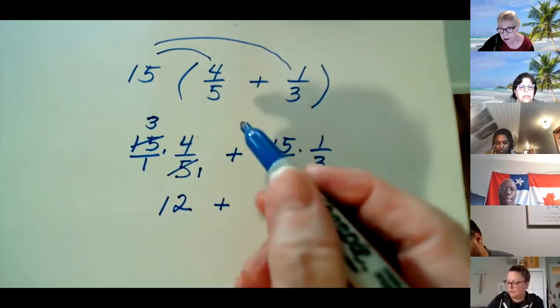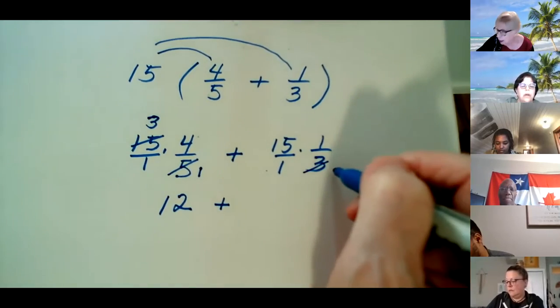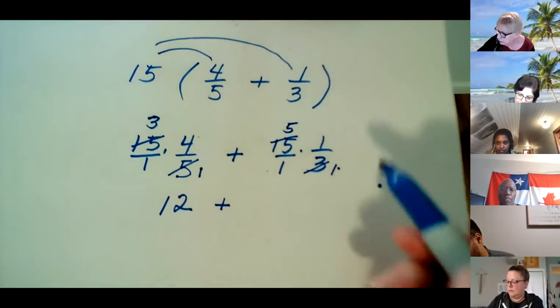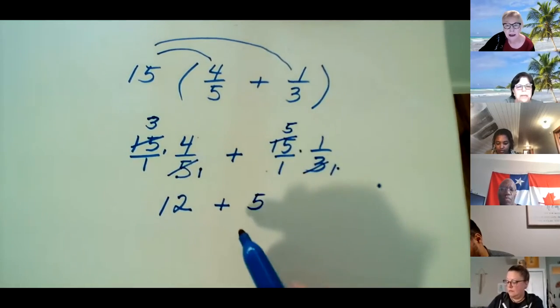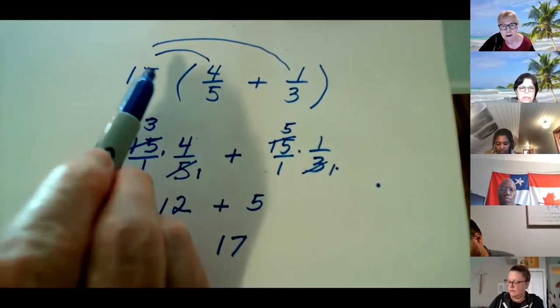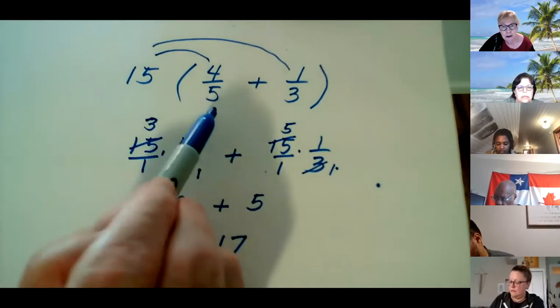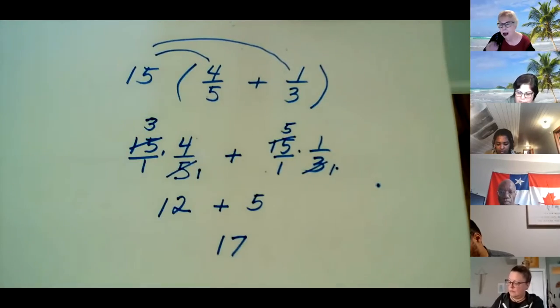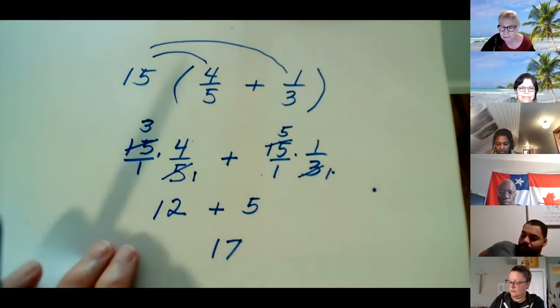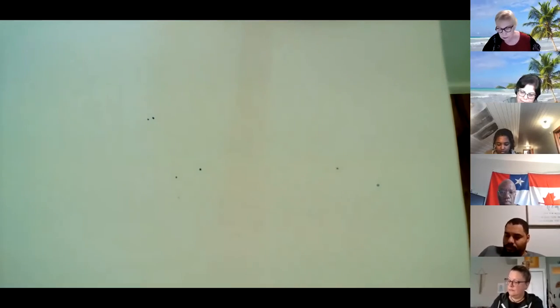That's good. This will cancel as well by 3. Oh, I got it. Okay. 3 into 3, 1, 3 into 15, 5, 5 times 1 is 5. The answer is 17. So you could have done it the other way, but when I noticed that the 5 would cancel with 15 and 5 and 15 with 3, I said, darn, I think I'll use the distributive property. And you know,